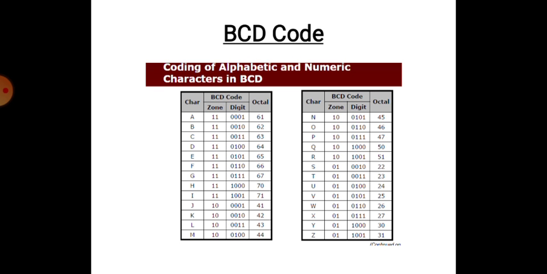So here we are representing characters A, B, C, D up to Z. So in the BCD code, A is represented as 110001. Similarly, B is represented as 110010. Similarly, all the alphabets are represented here. The first 2 bits in BCD code are called zone bits, whereas the last 4 bits are called digit bits. Students, when you convert A into BCD code as 110001,